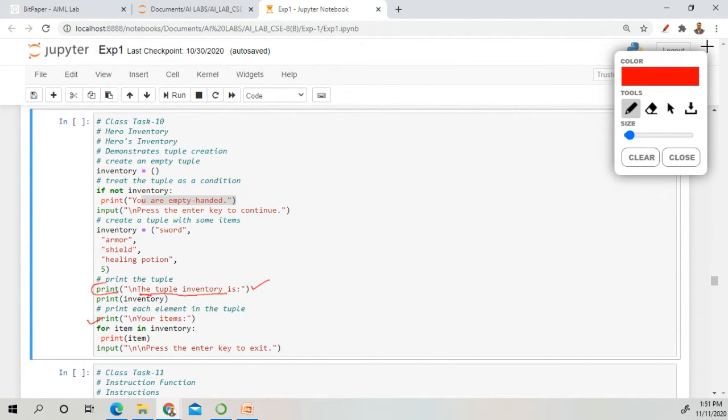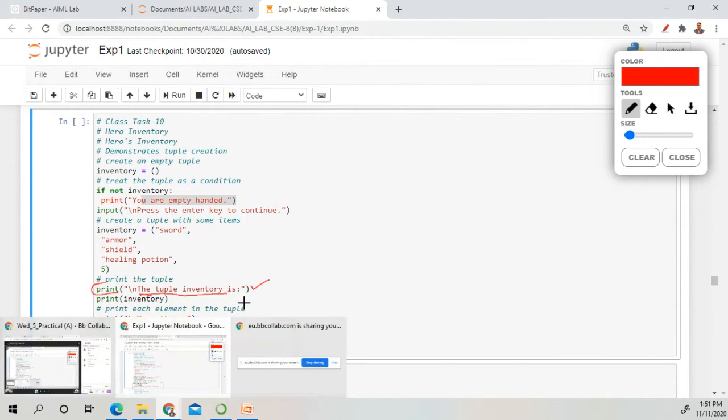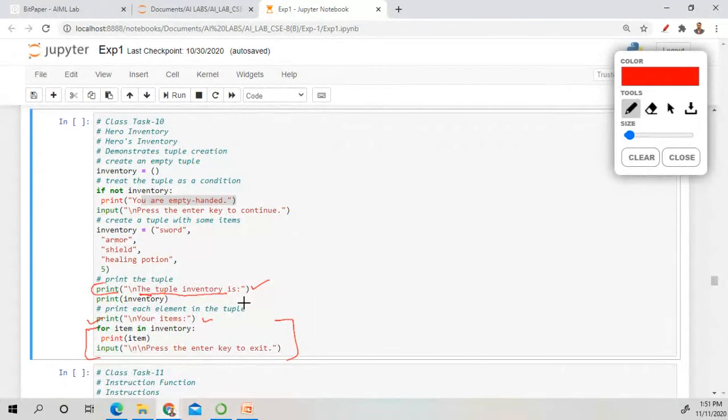Now we print your items, and then we use a for loop. Let's understand this for loop. In this for loop, we use item as a variable, and this item will be checked against the inventory. The inventory contains all these tuple items. So item will point to which position?